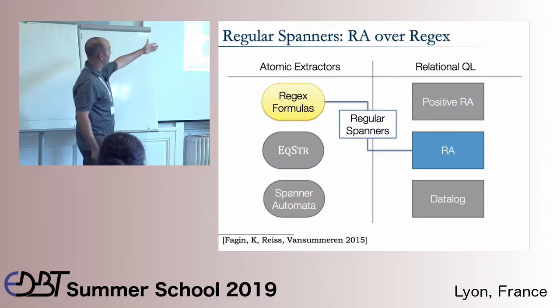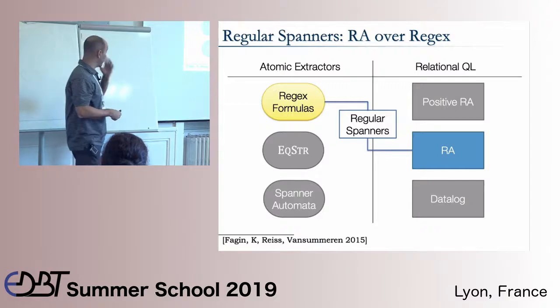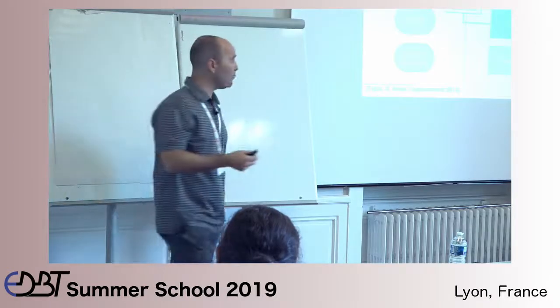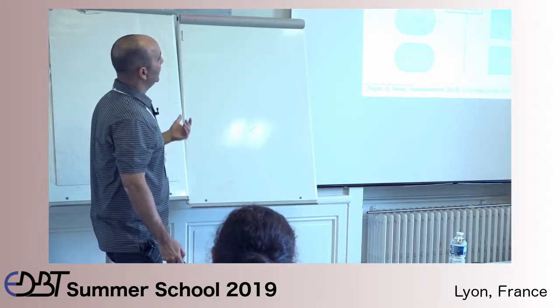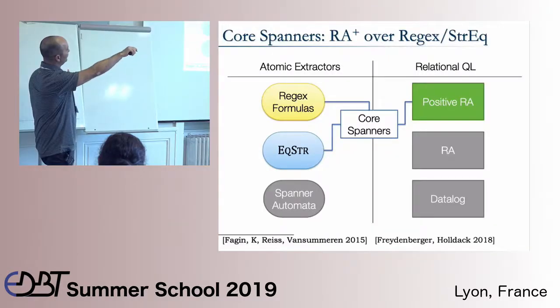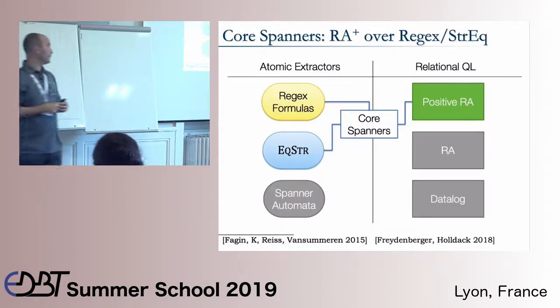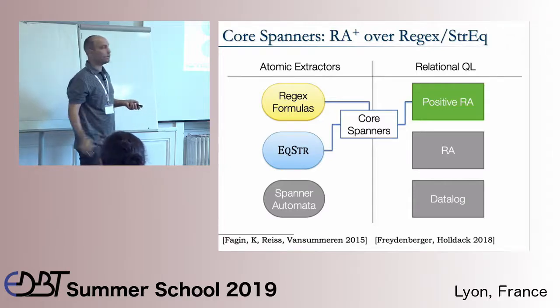If you take the combination of the relational algebra on top of the regex formulas, then this gives you what are known as the regular spanners, which are most widely studied so far. And if you take the positive relational algebra on top of the regex formulas and string equality, it gives you what is called the core spanners, which is considered the core language of SystemT,